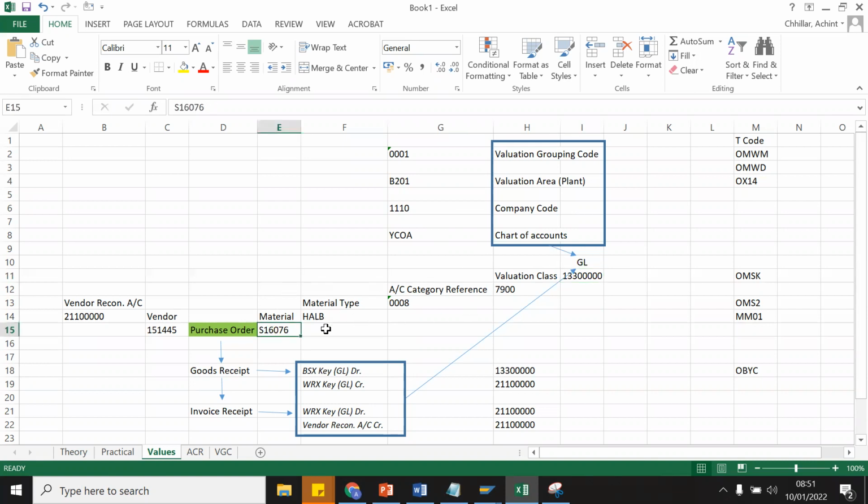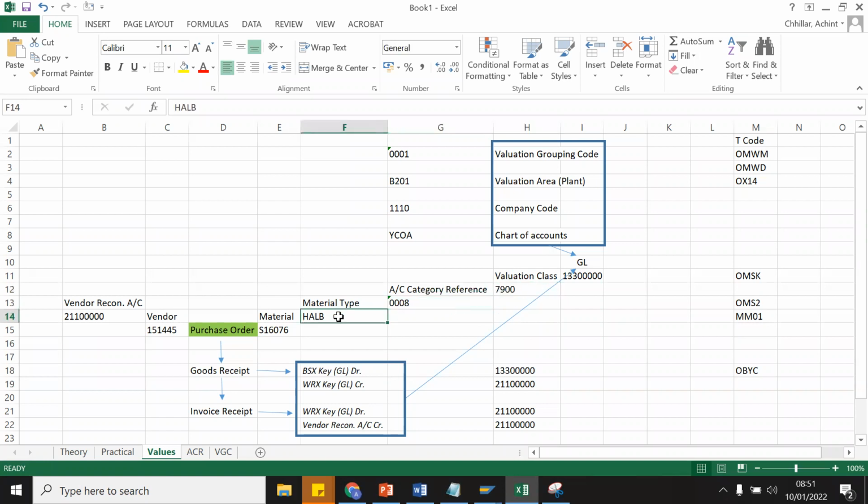And the way it is connected is that the material type is assigned to the account category reference, and the same happens with valuation class and account category reference. And this is how the whole chain is created, so that we can add multiple account references to a valuation class.